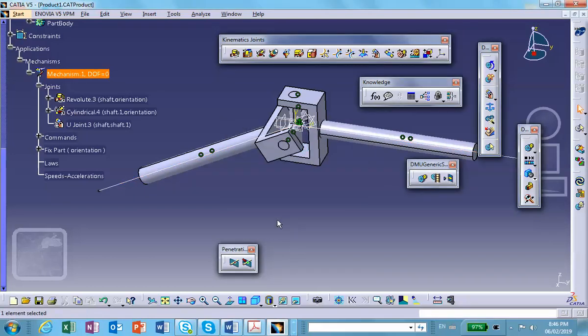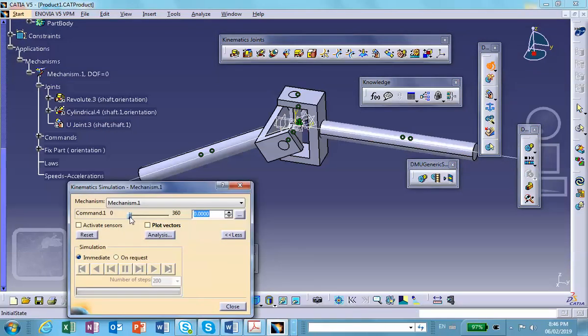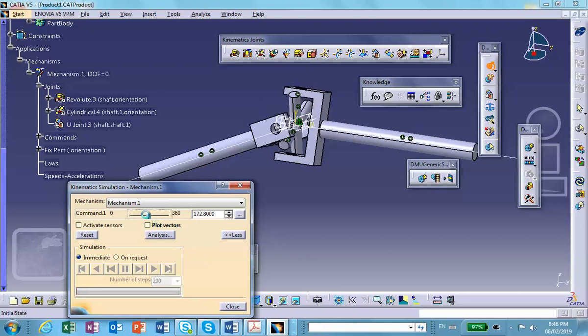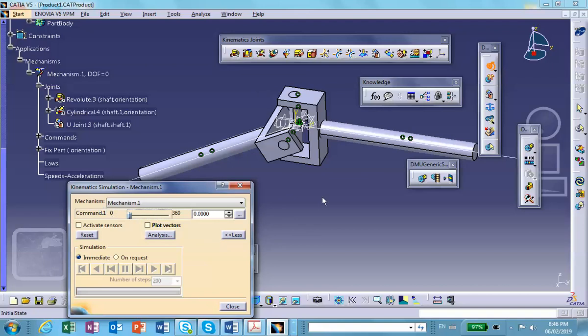Okay. So let's see now. For example, right there. Except that the pin will not move. If the motion of the pin, cross pin, is not important to you, don't worry about it. Just create 2 cylindrical joints. In this case, one is revolute, the other one is cylindrical. Depending on how you do it, it could be that these are both cylindrical and universal joint will do the job. Okay, so